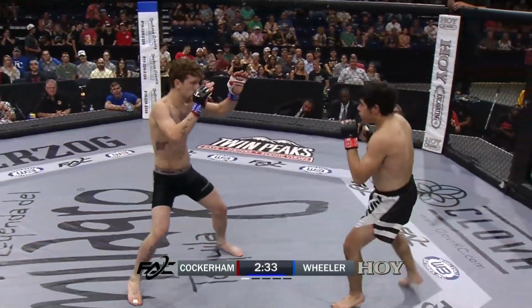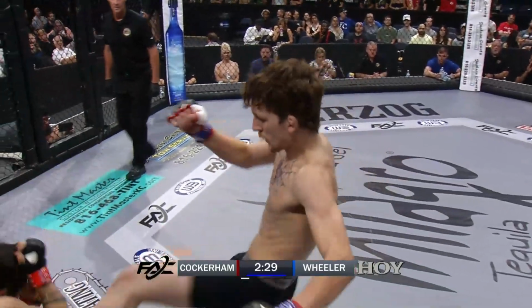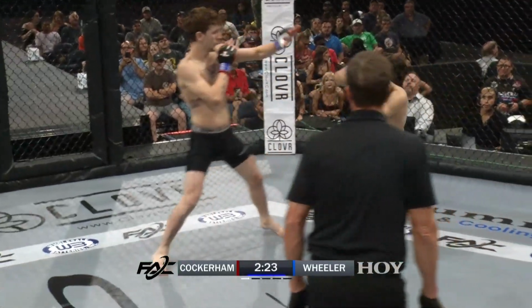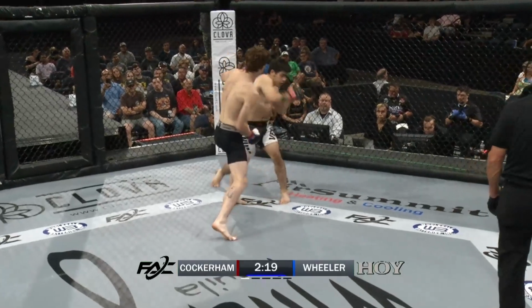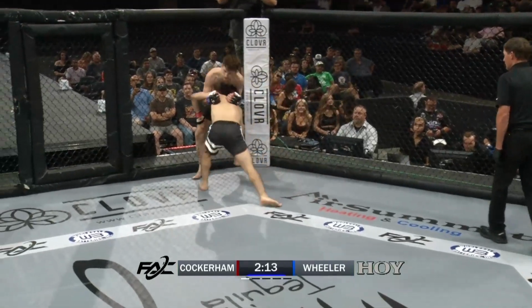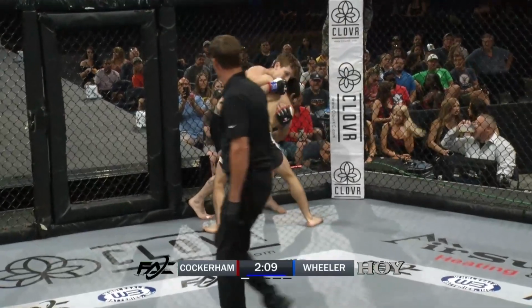Cockerham's gonna have to get on the inside, however. The range, the height advantage is all in favor of Wheeler, and from this range, he's not doing too hot. This is what I suggest from Cockerham. Cockerham, again, 5'5" to Wheeler's 5'11". Yeah, that's important to know. Maybe I should have said that on the tale of the tape, but this is the fight Cockerham wants. Put your hands on him, and if you're going to be the short stock fighter, use your physique to